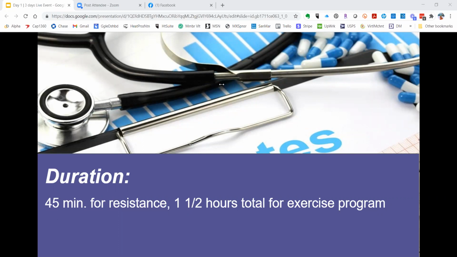And what you're looking at for your total exercise program for the day is 1.5 hours. So if you're doing 45 minutes of resistance exercise, you would do 45 minutes of cardiovascular to maximize the 1.5 hours. And that's just a maximum.